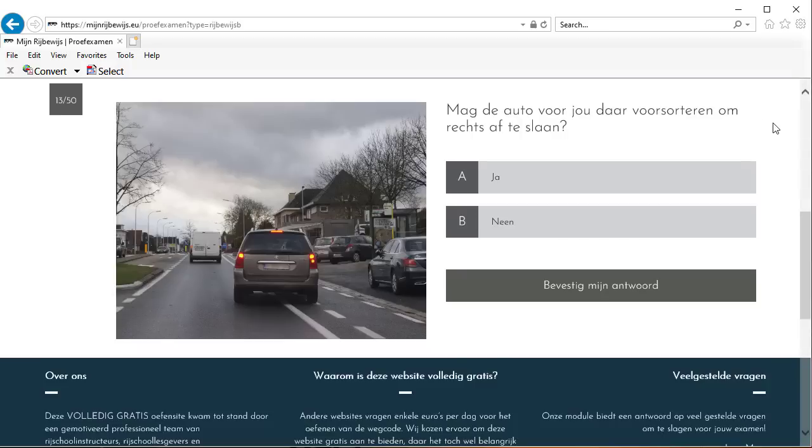The right answer is no. The car cannot sort itself on this lane, because in that case it will have to ride on this lane, and riding on a feet's lane is prohibited. So if the car has to turn right, it can immediately turn right, but it cannot sort on this lane, ride a little further and then turn right. That's prohibited. So the answer is no.